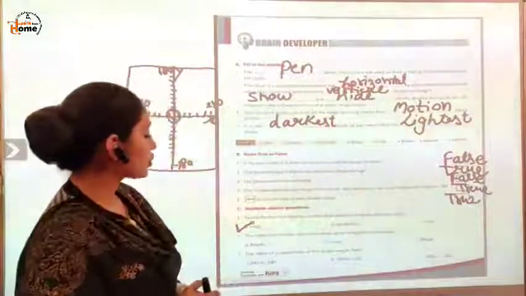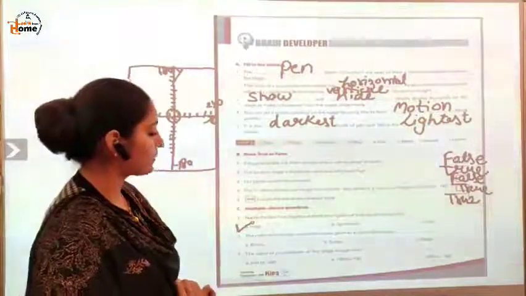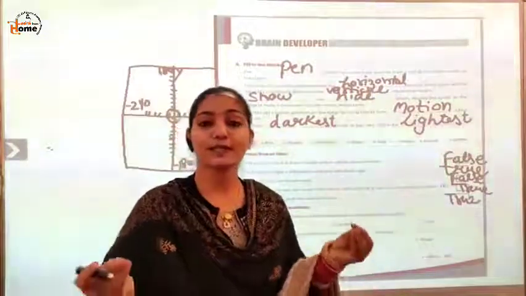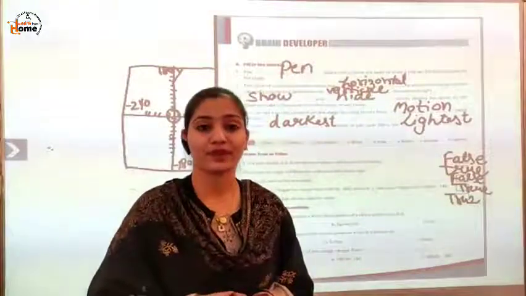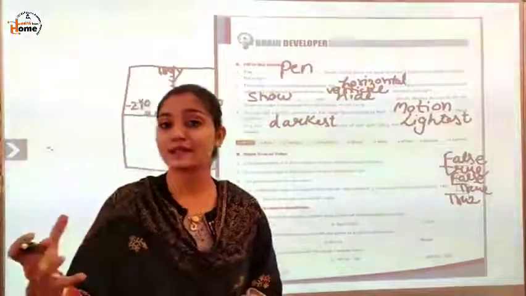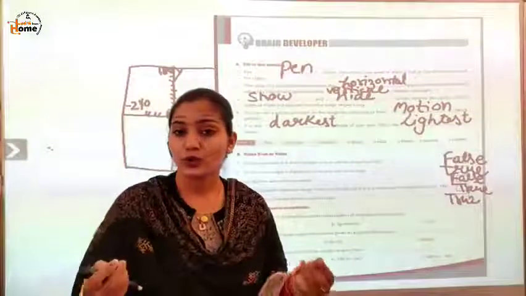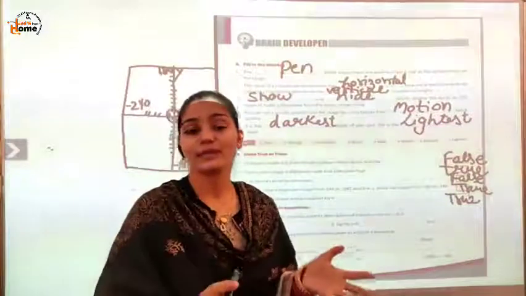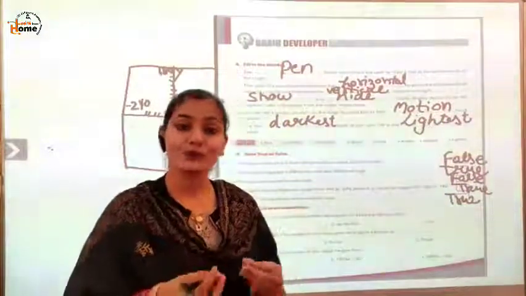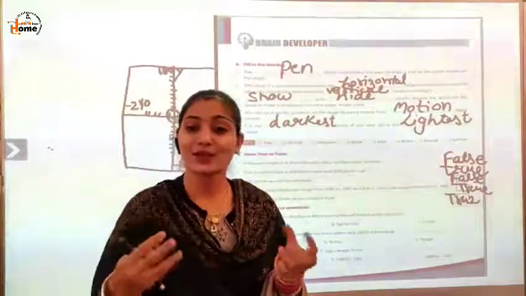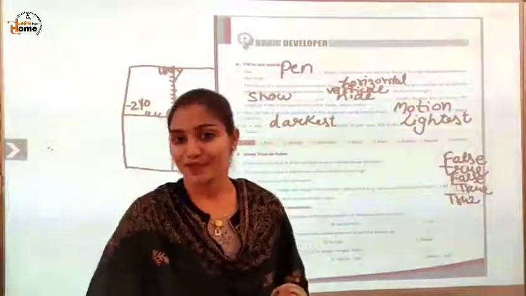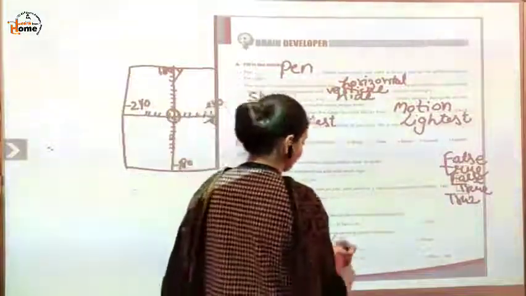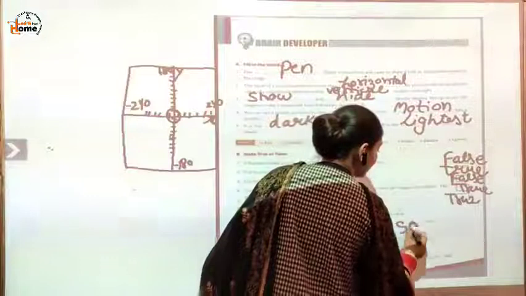Next, the collection of stepwise instructions given to a sprite is known as dash. You drag the blocks in the steps area to create what? You create a script for the sprite, right? And according to that script, the sprite performs the action. So what is that stepwise instruction known as? It is known as script, right? So option D, script, is correct. You will write here script.